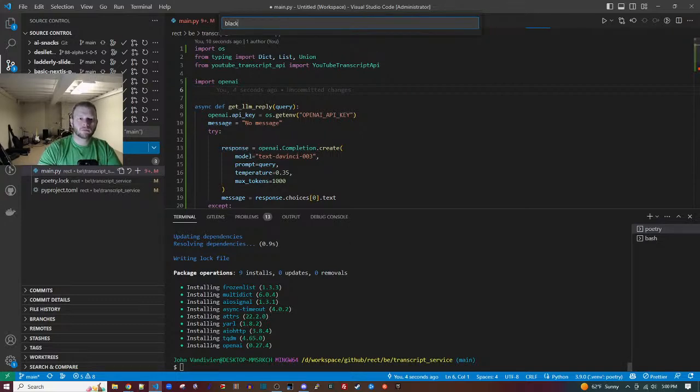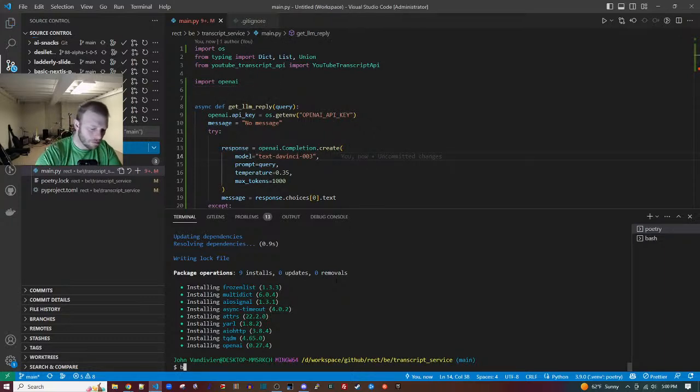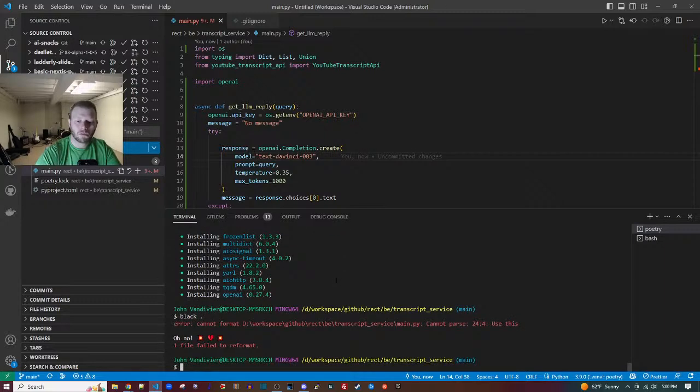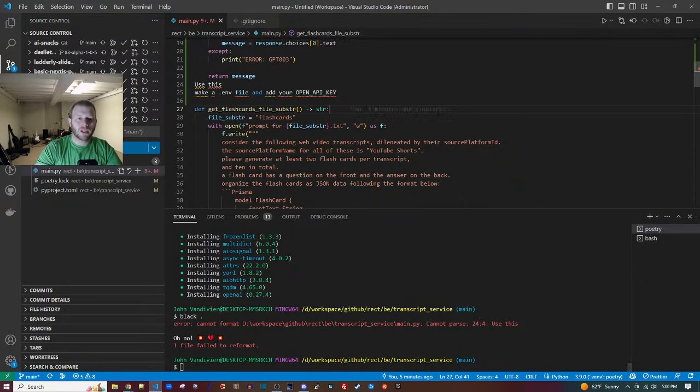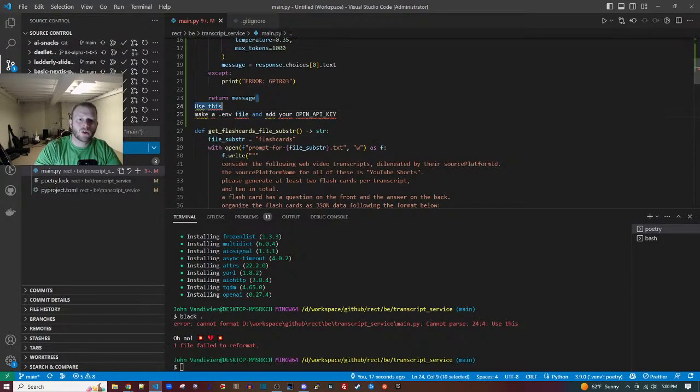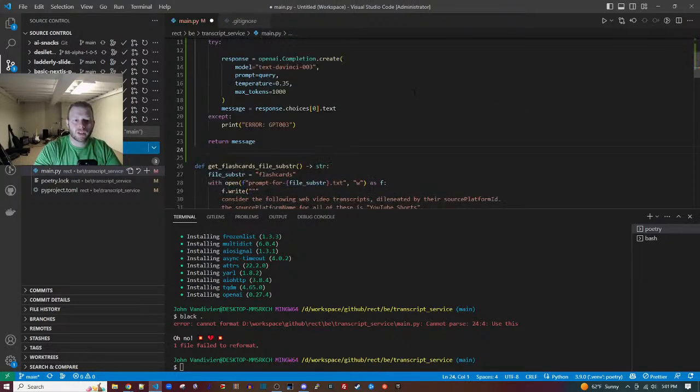It's not formatted. Oh, what happened there? Oh, okay. I just got some plain text in there. Make an env file and use this.